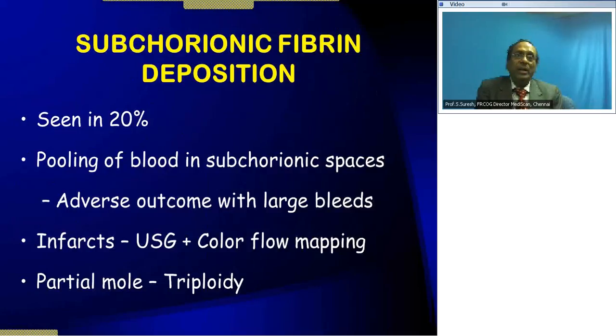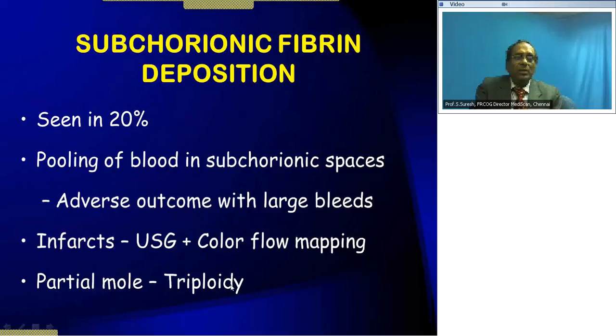When the bleeds are very large and very early, for example at 16 weeks, if you have a very large subchorionic bleed, it may artificially appear that the placenta is very thick. One way of looking at it is, in real time, to allow the patient to move from one side to the other, from the supine to the left lateral position, and watch. You will see particles of blood moving inside. So that tells you this is subchorionic fibrin deposition or subchorionic hemorrhage, and you could mistake it for infarcts,